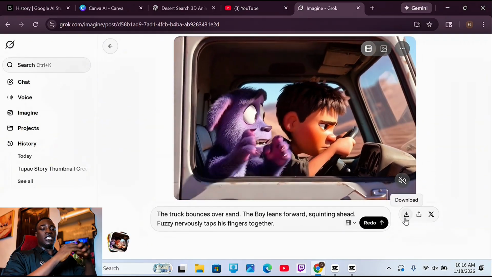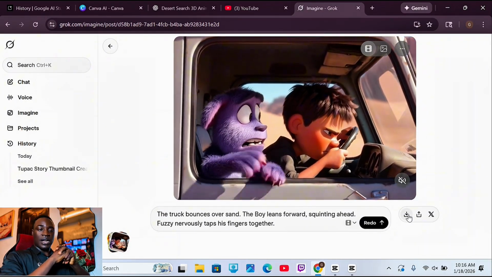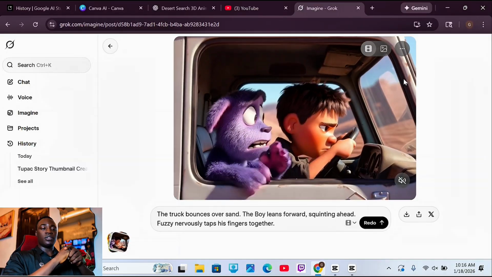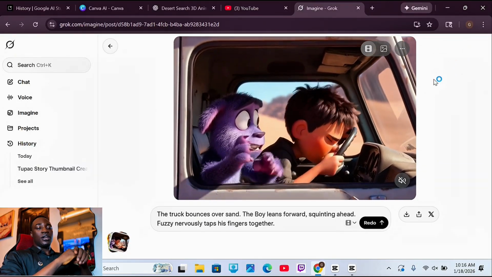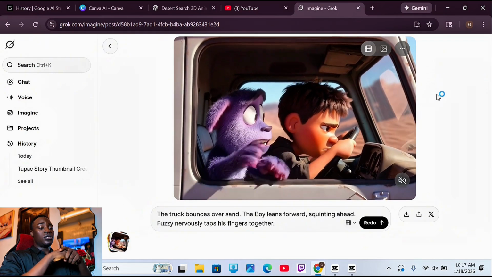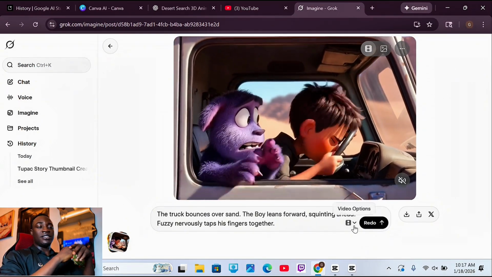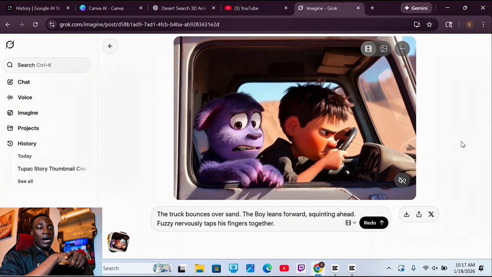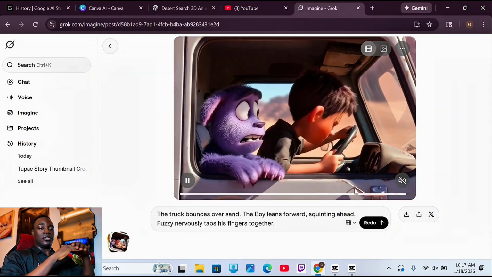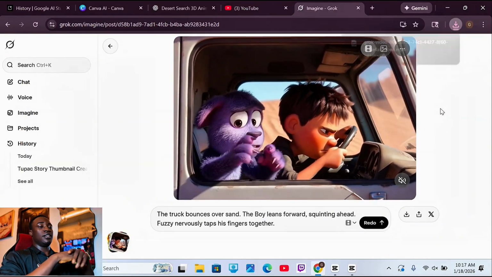Upload your second scene image, go back to ChatGPT again and copy the second image to video prompt with the dialogue, paste it into Grok and generate. Look at that, another clean clip. It still feels familiar, the movement is still smooth and the dialogue lines up really well with the mouth motion. This is where it stops looking like random AI clips and starts feeling like connected